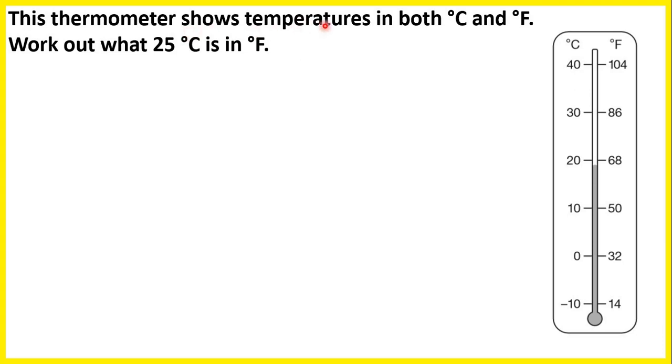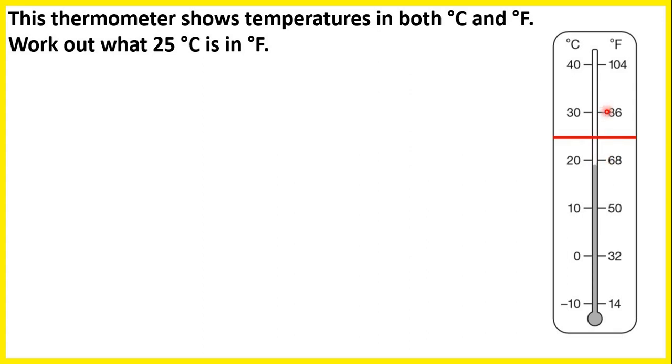This thermometer shows temperatures in both degrees Celsius and degrees Fahrenheit. Work out what 25 degrees Celsius is in degrees Fahrenheit. So we can see that we have degrees Celsius on this side and degrees Fahrenheit on this side. Now we need 25 degrees Celsius, so that will be right in the middle of 20 and 30. So to find the number of degrees Fahrenheit, we need to find the number that's right in the middle of